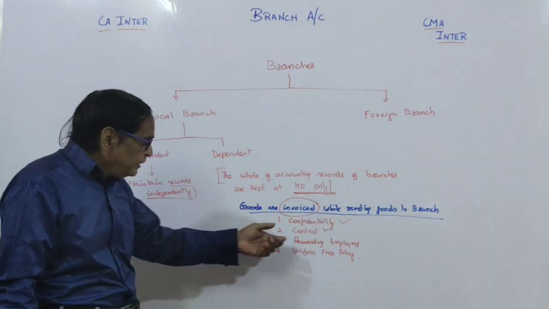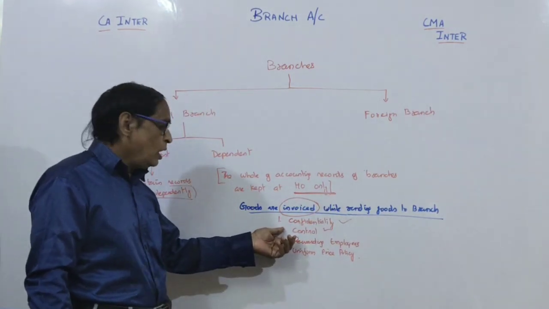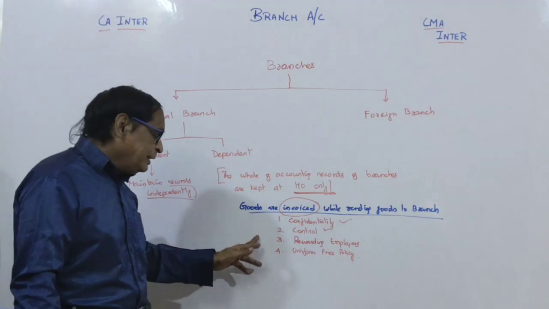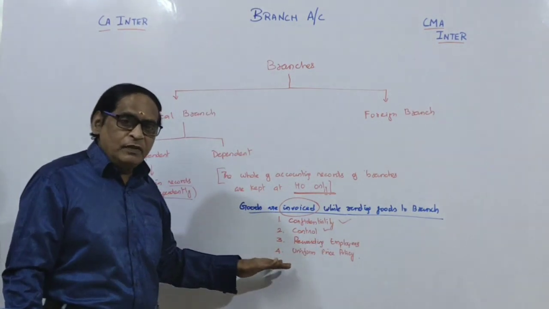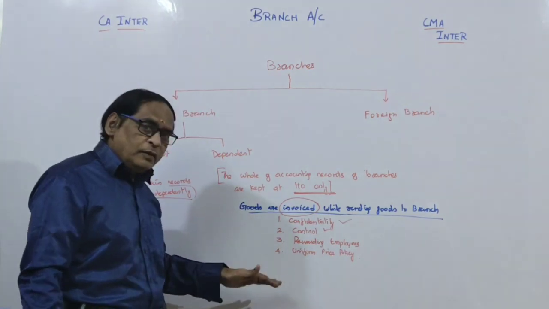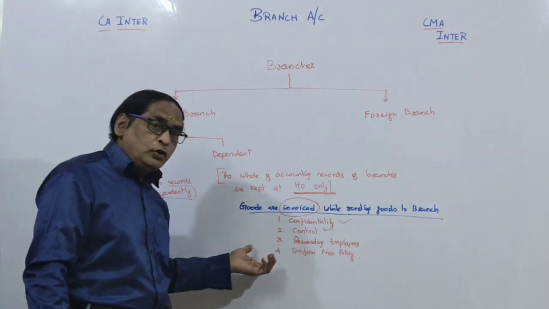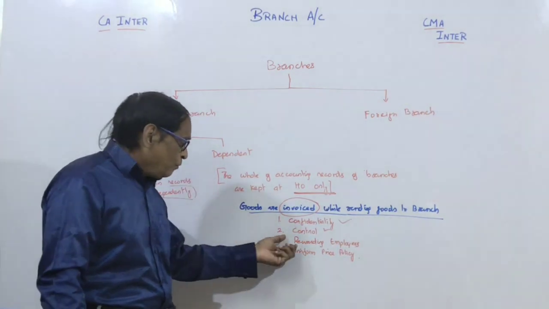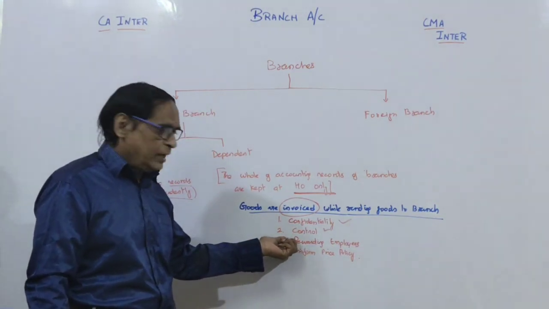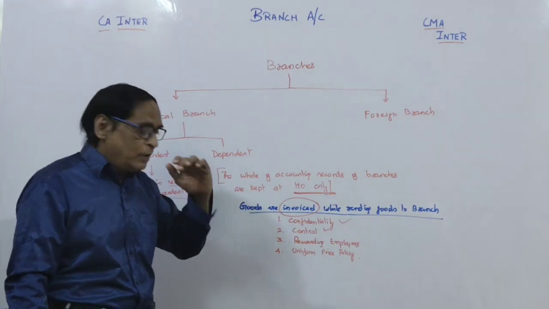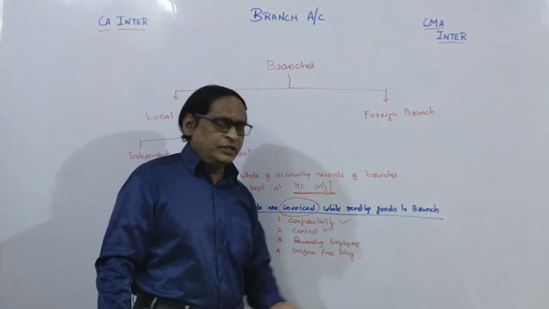So in order to maintain the control, they are supplying the goods on invoice value. And then rewarding employees. Rewarding employees means what? Some branch will earn more, some branch will earn less. So according to the performance of the branches, the rewarding, which means nothing but the salary increment and then bonus etc., will be decided according to the performance of each and every branch.